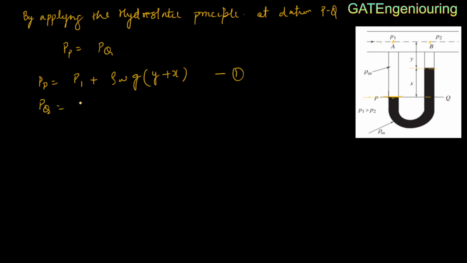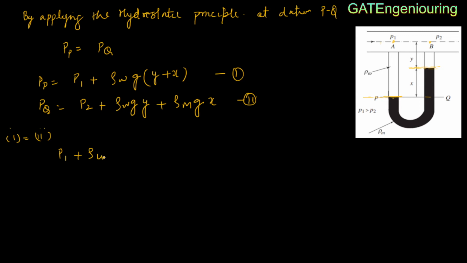Pressure at Q, on the other hand, is equal to P2 plus pressure of the working liquid, which is this, plus pressure of the manometric liquid, which is starting from this to this. So rho W g into y plus rho M g into x. That is equation number 2, and according to the principle of hydrostatics, pressure at P is equal to pressure at Q. So equation number 1 is equal to equation number 2, and we can write